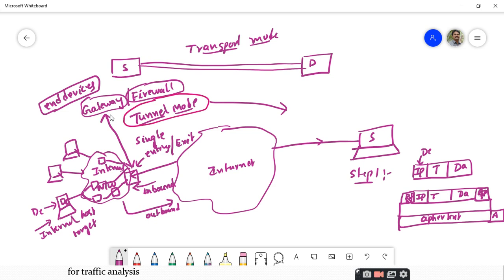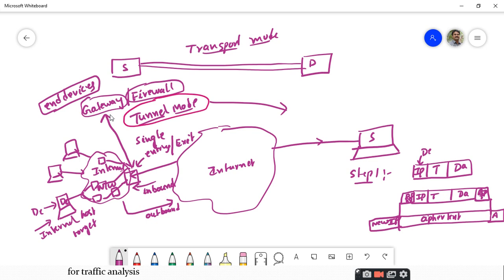If you are doing it like this, as I told you previously, you don't have any information for routing that packet. So what you have to do is add a new IP header. You add the new IP header here. Once you have this new IP header, you are ready with the entire packet and the data. Now you can transmit it to the external network.